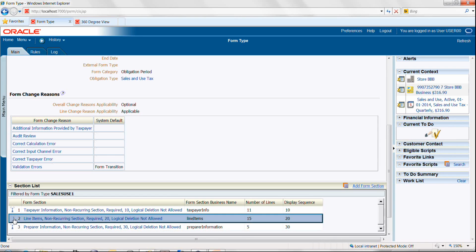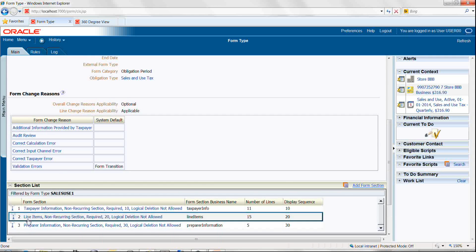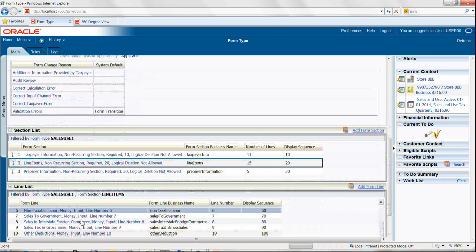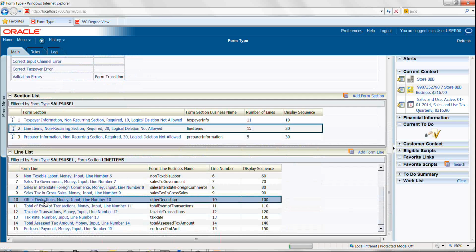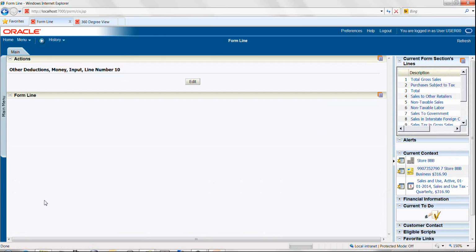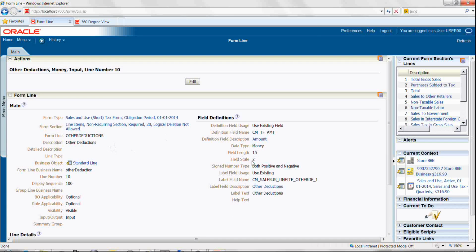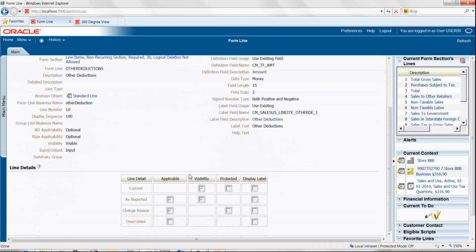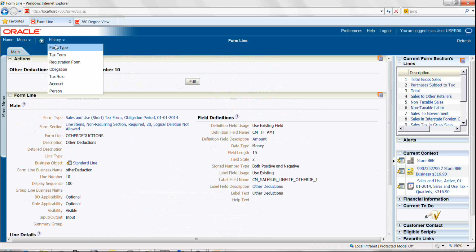And just to show an example on the line items, if I click on, let's say, one of these, what will we see? That we have the definition of the fields. We also actually have line details, and in this particular case, if you remember, we have as reported, as current, and change reason, and as a result of that, we have those three different columns. So the fact that we have this filled in over here means that on the tax form,